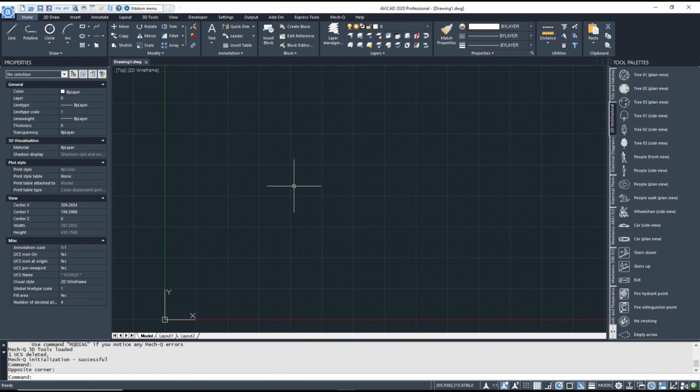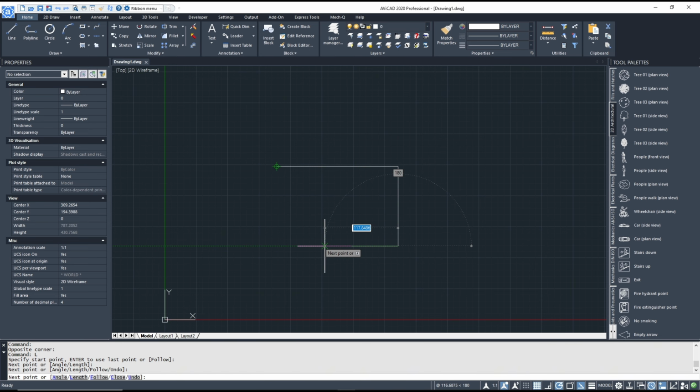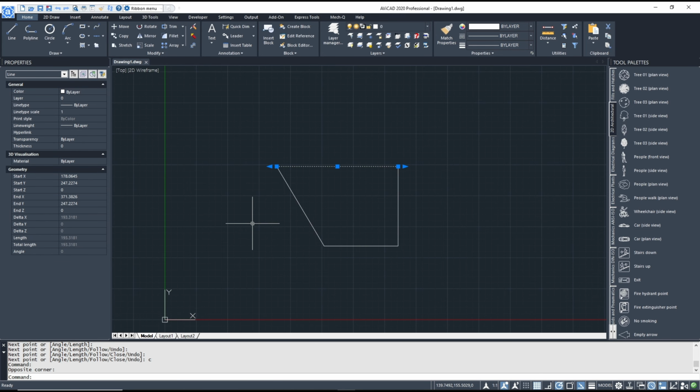Hello everyone, today we are going to learn basic AviCAD tutorial: how to make a line thicker. As an example, you can create a line object, and if you want to make this line thicker, you can select the line object and then go to the